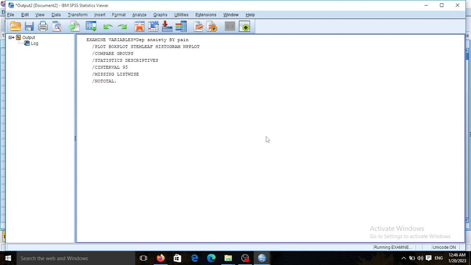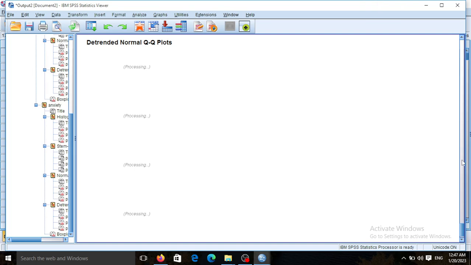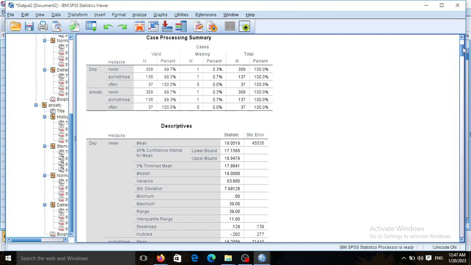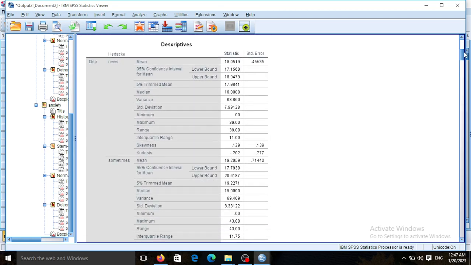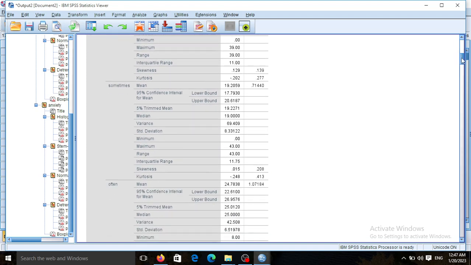There are several tests to measure the normality of your datasets. First of all, you can look at the skewness value. A skewness value between -1 and +1 is considered normal distribution. As you can see, skewness is less than 1, and in patients who had never headache, and here it is again less than 1,